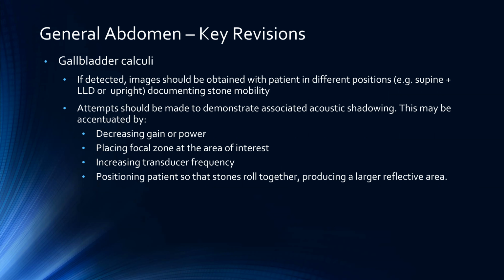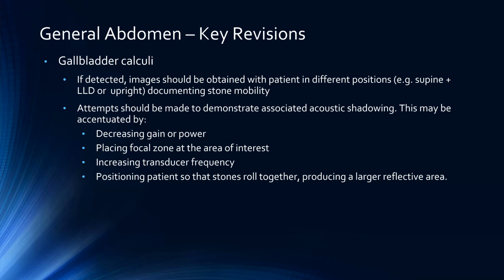But if it's not documented on the image, it's hard for the radiologist to really know that has indeed been confirmed. So going forward, if possible, either show on the image, if the patient's been changed into a different position, by annotating it on the screen, that'd be quite useful. Or if it can be explicitly documented on the worksheet that the stones, if they are found, are mobile,